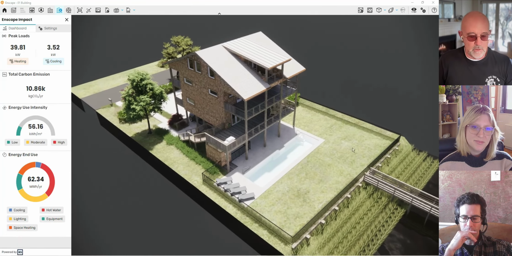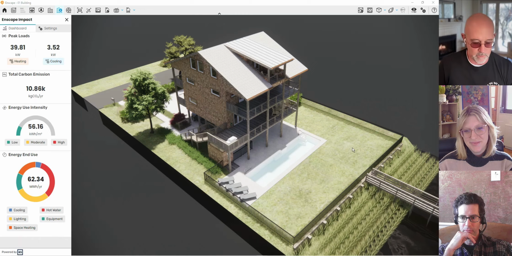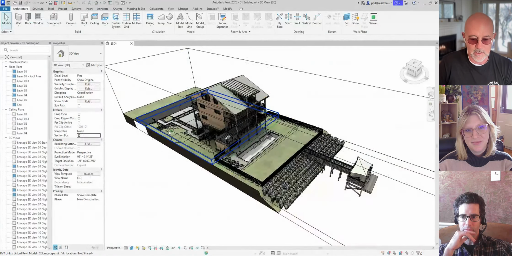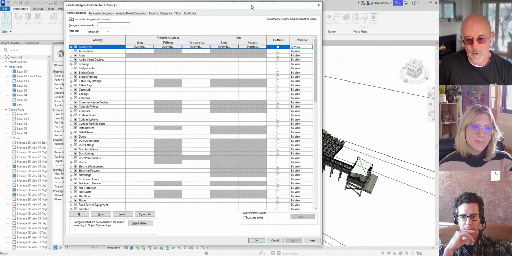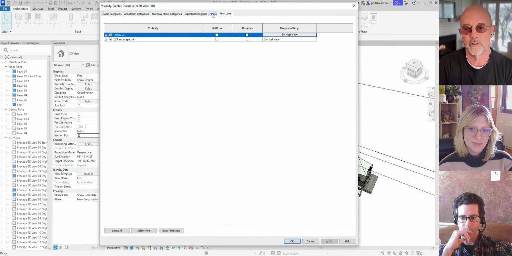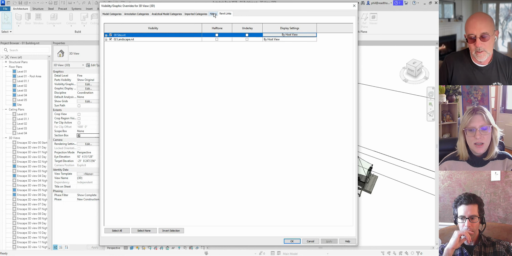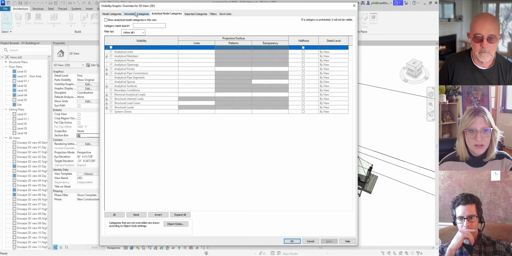So I submitted this to the support team, and Helen, who's fantastic, said, oh, you've got a lot of categories that don't need to be shown. So I went back to the design tool and asked, okay, what do we really need to see? Here's all the design categories in Revit. And you could also turn off links. Monica, I think you mentioned before that this also allows the software to generate faster when it doesn't have to consider categories that aren't important. Yes, the less extra geometry in the scene, the faster it'll run.